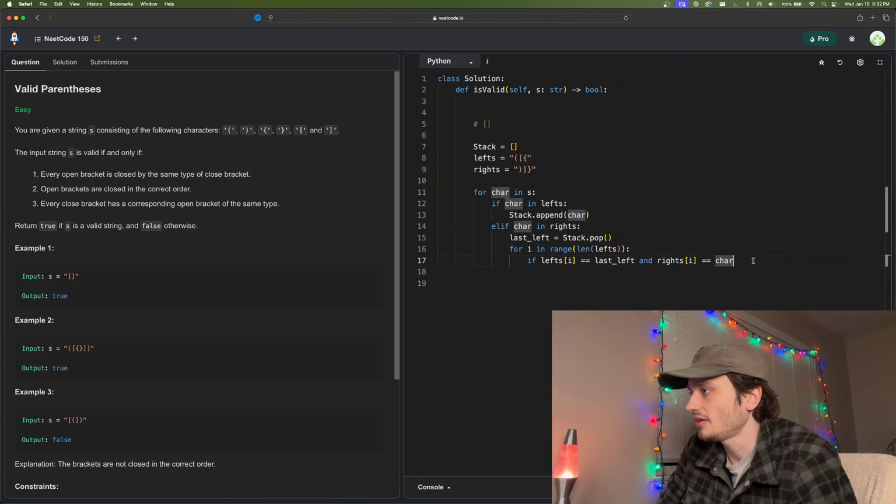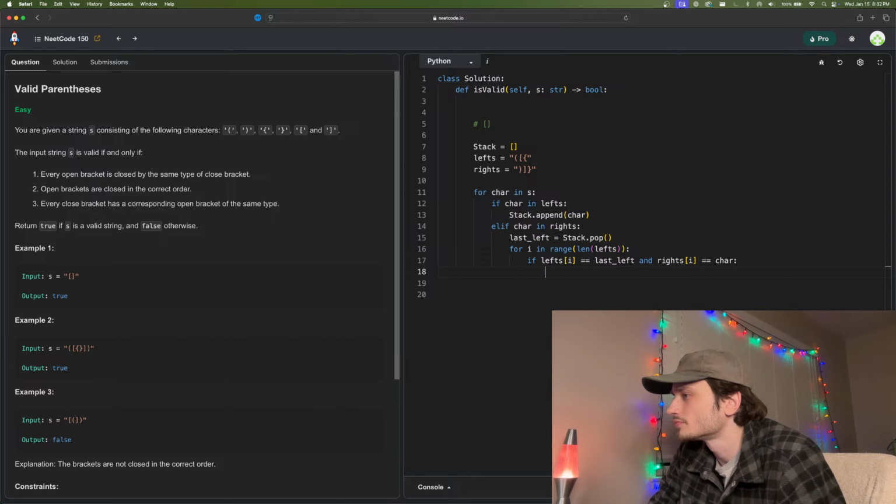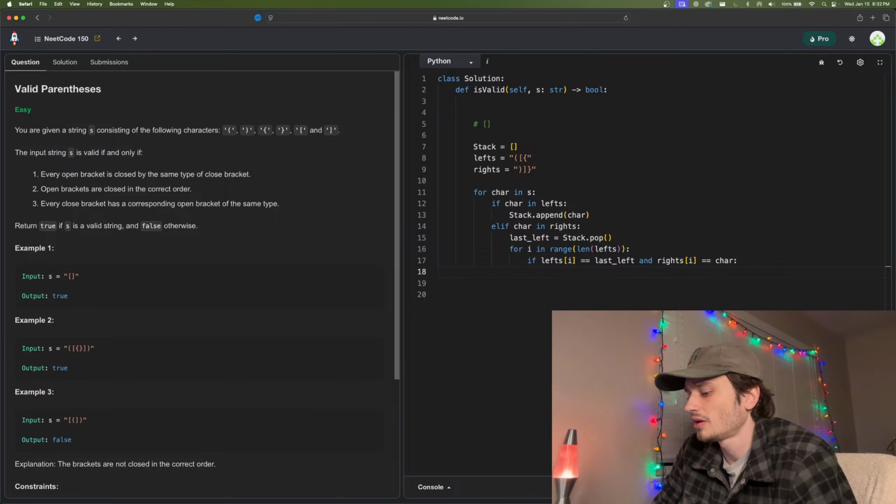If that's the case, we'll say valid string is equal to true. And then we will have to